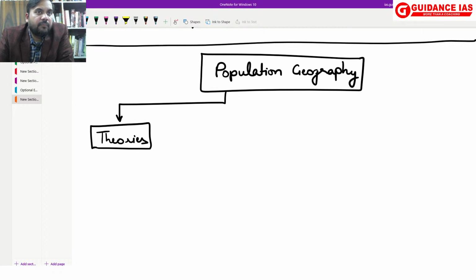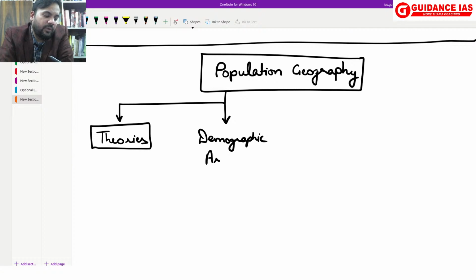ठीक है. But there are some theories which are not mentioned in the syllabus. वो भी हम करेंगे. Like there is demographic transition theory mentioned, but they haven't mentioned the epidemiological transition theory, which is a very crucial theory to understand many other concepts that we'll be studying. The framework to understand fertility, it is not directly given, but we'll have to study them. We'll have to understand them. Okay, so one aspect of population geography is these theories. But second very big aspect of population geography, if you talk about, is the demographic attributes.